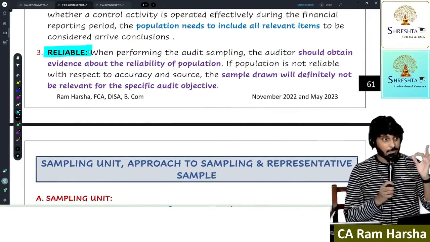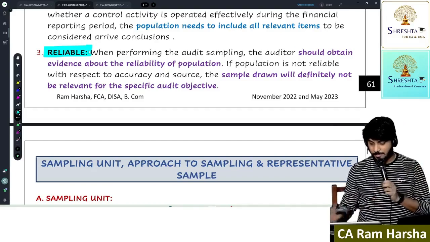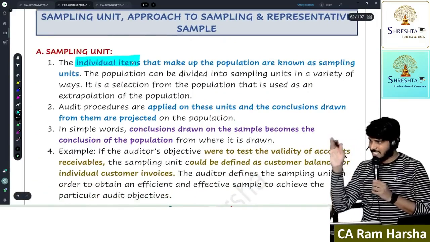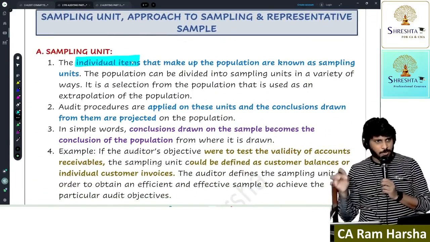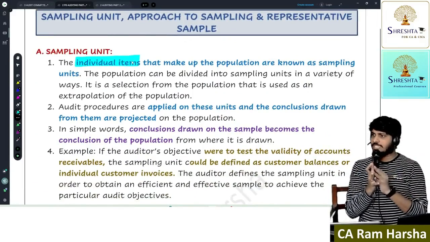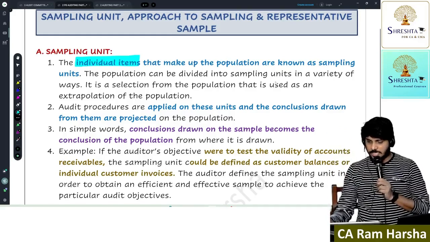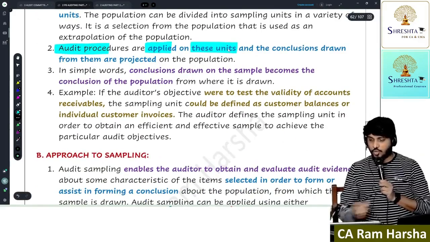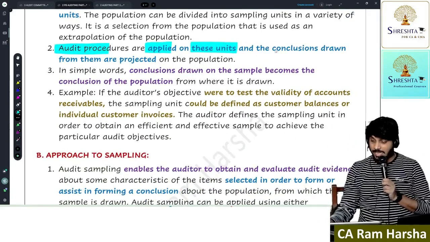It should be generated by the right person. Getting it? What is a sampling unit? It is nothing but each and every individual item in the population. The total of sampling units is equal to the population. Are you getting it? Now audit procedures are applied on these units which are selected, and conclusions will be drawn